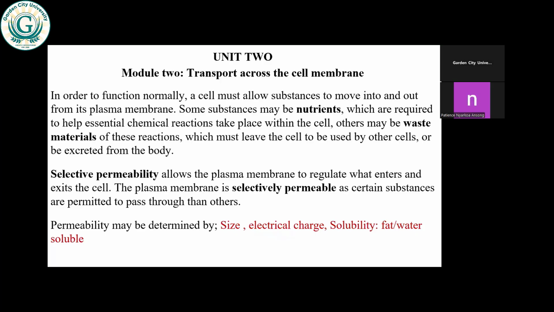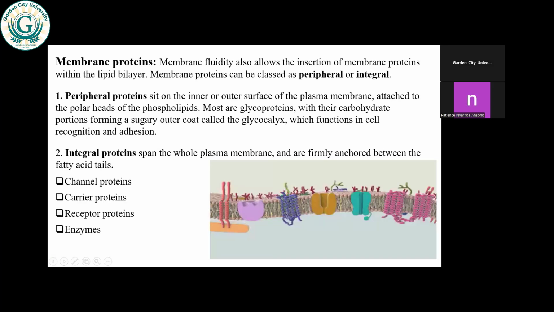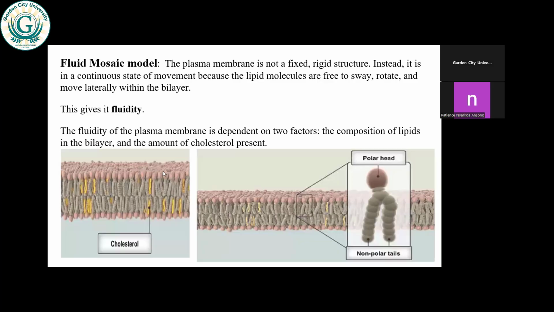So you want to look at how the various molecules are transported across the cell membrane. The structure of the cell membrane we just saw is selectively permeable. Selectively permeable is when it limits what passes. So the nature of the cell membrane is such that it can allow some substances to cross and it will prevent others. So it's a barrier between the outside and the inside of the cell. As a barrier, it's like a checkpoint. It allows some substances to pass and others it prevents.